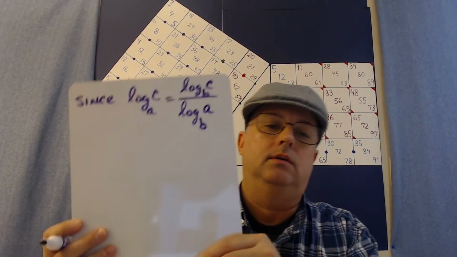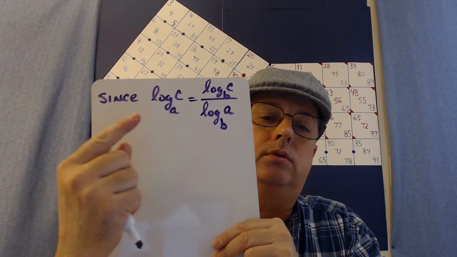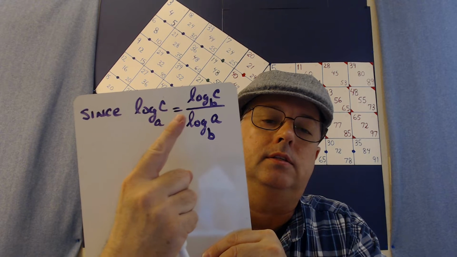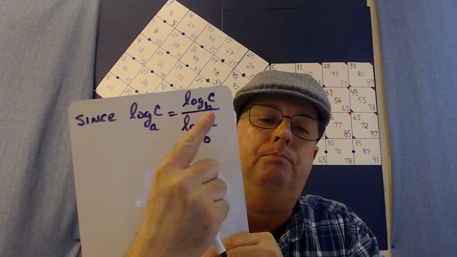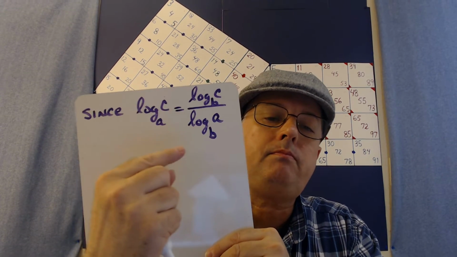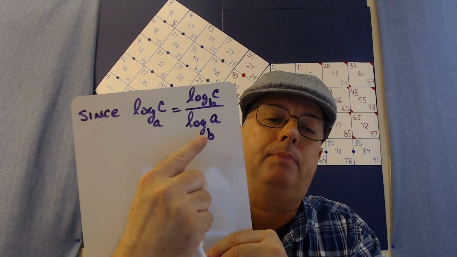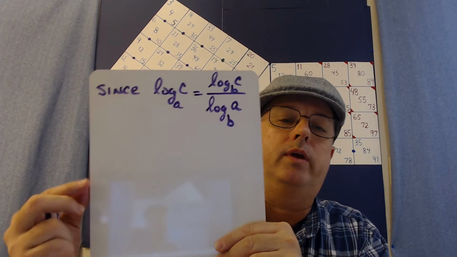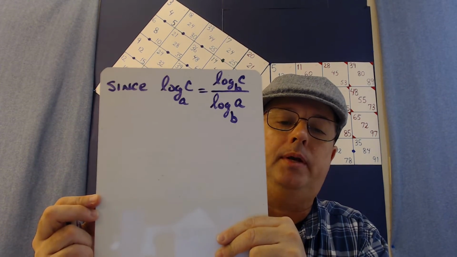Here's just a changing up of the variables, same statement. So the log base a of c is the same as the log base b of c, as long as we remember that it wasn't base b, it was base a to begin with. Since that's true, the change of base property, then